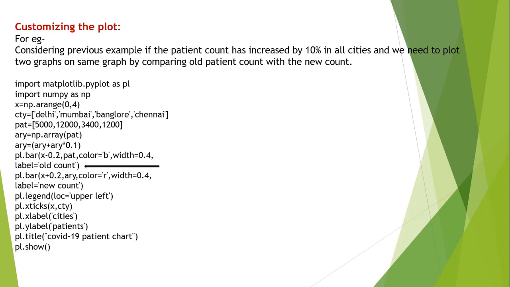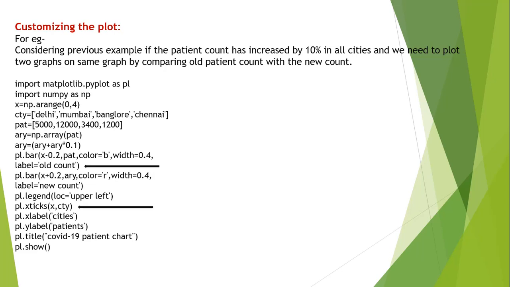First is this one, label, which you have introduced now. Label means you have to give a particular name to each color, and for that purpose we are using this label as old count. When we'll be using the legend in the chart, we'll be using this label. So don't worry about why we have used it, it will get clear with the example. Don't worry for that.